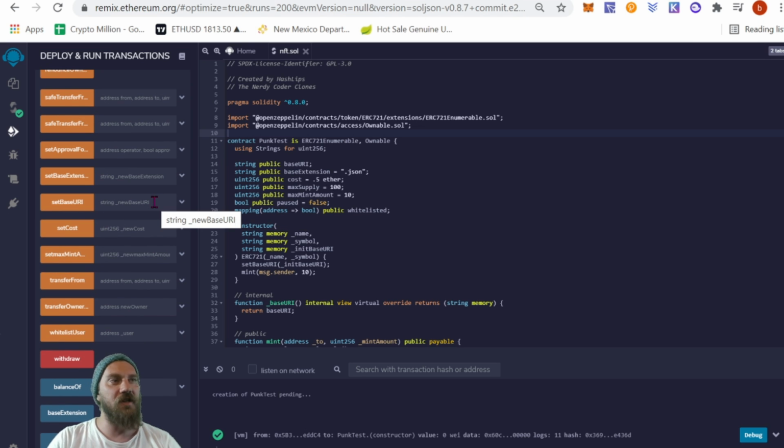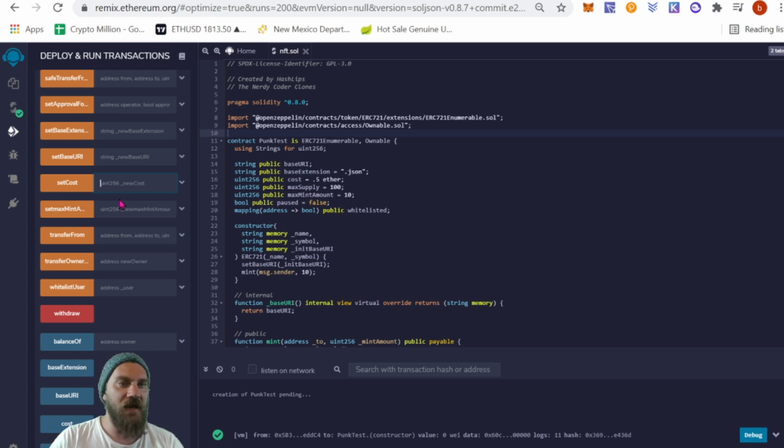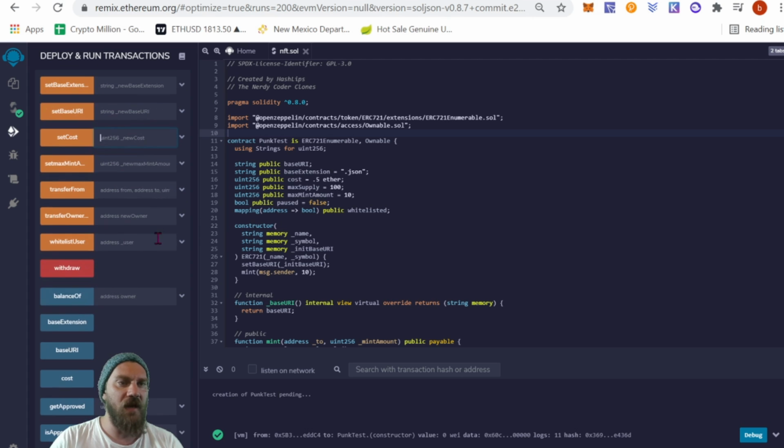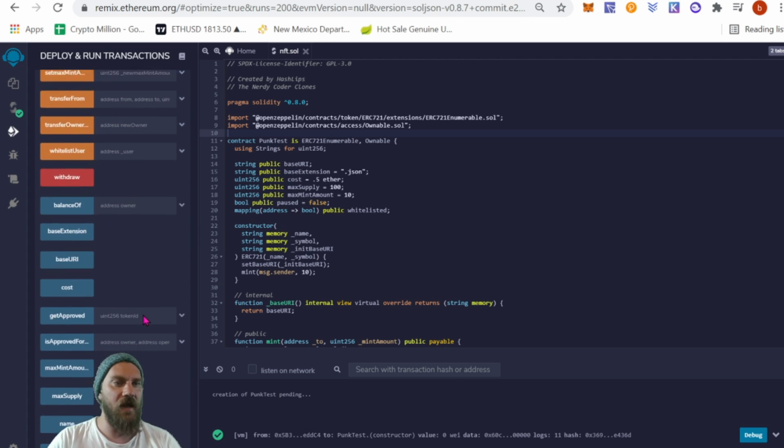So if we wanted to change the base URI, this is another thing that you guys can do on launch. If you're doing a reveal, you can have it set to one thing to start, and then afterward we can change it to the proper art where it is stored. So different options there. We can change the cost, we can change all the information, basically the maximum mint, we can transfer all that kind of stuff, okay?